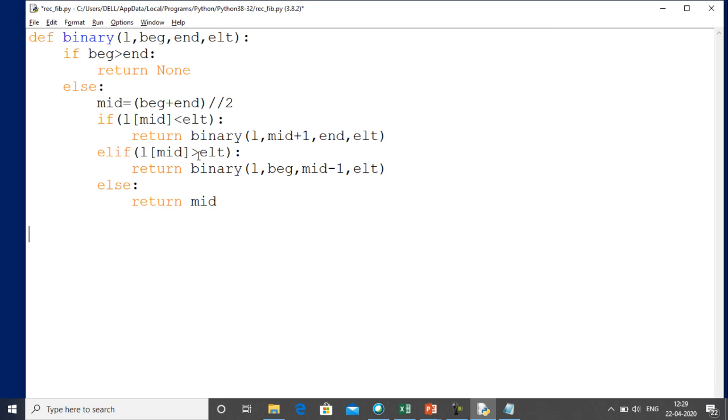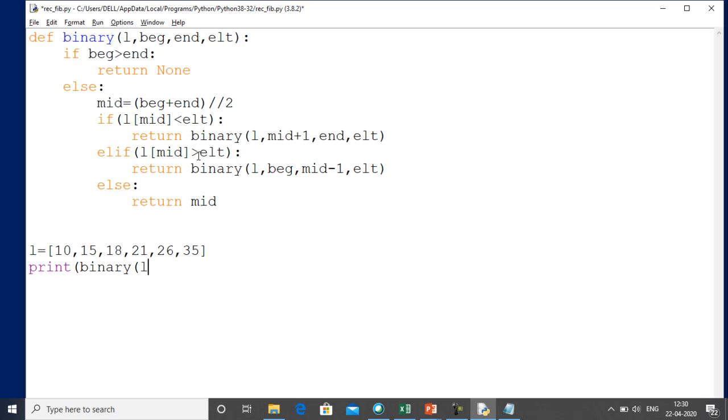So let's run this code also. Let's suppose L is equal to the elements, and you know that we have to enter the elements in ascending order, right? So 10, 15, 18, 21, 26, 35. Suppose these are the elements, and we will print binary.